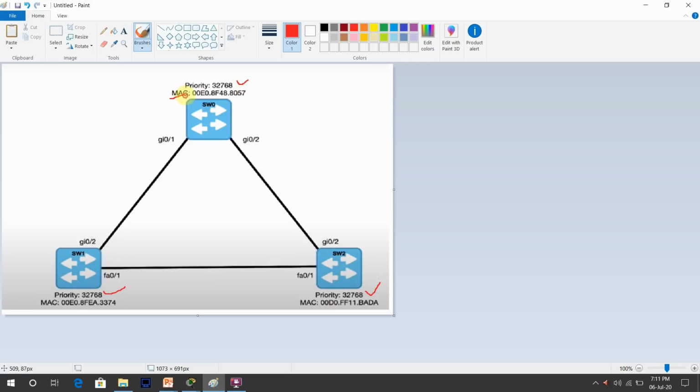You just need to check the MAC address. Which one of the switches has the lowest MAC address? Let's compare from here. If you see 00 EE0, switch 0.